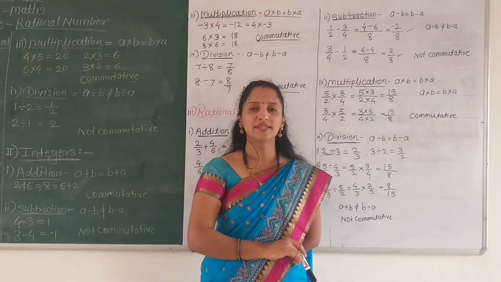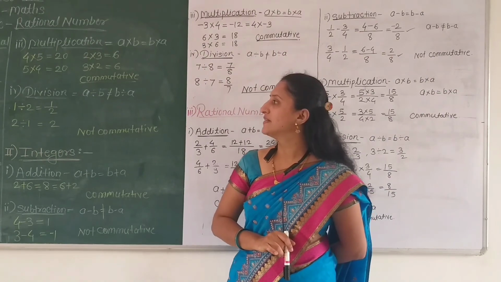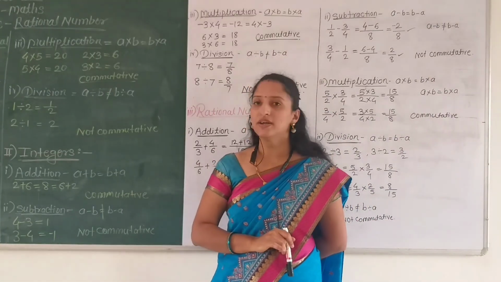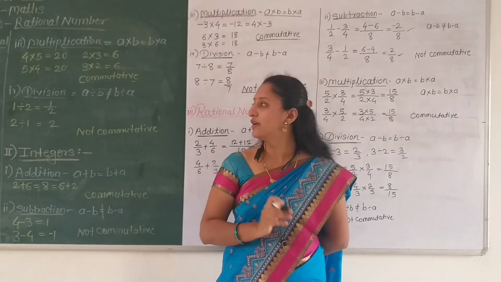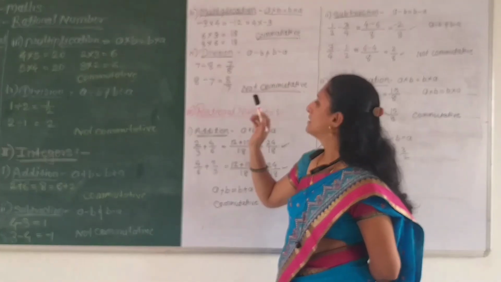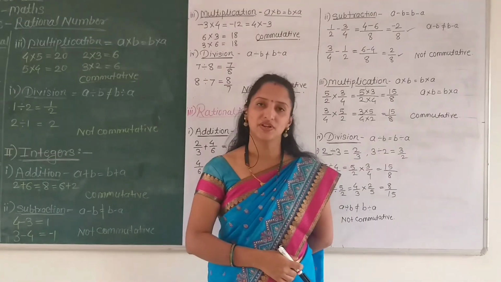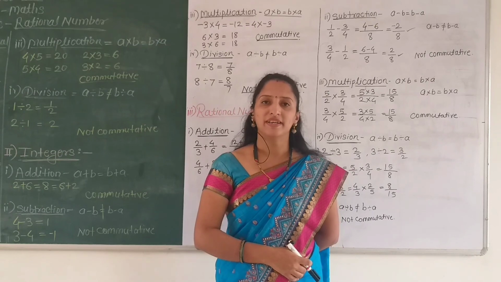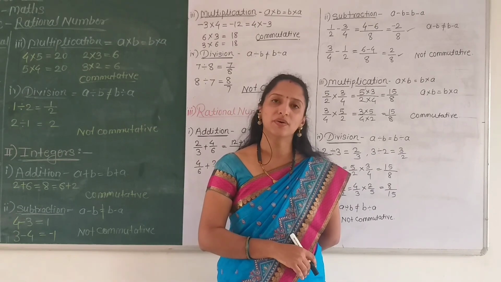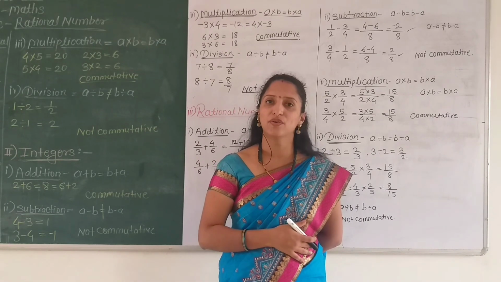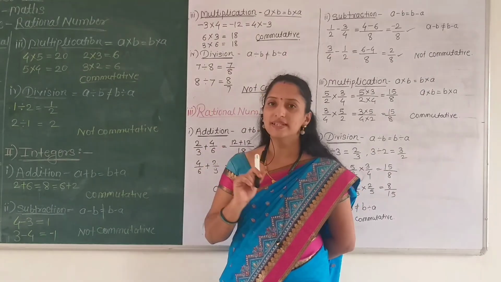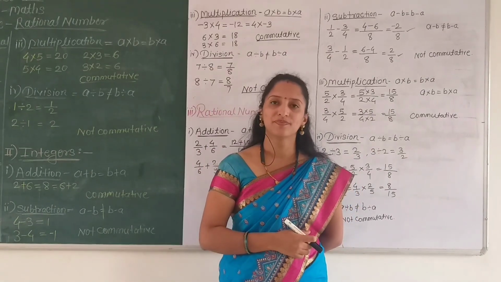So dear students, here we completed our second property of rational numbers, which is commutativity, for whole numbers, integers and rational numbers. So, my dear students, watch this video carefully, listen to this video carefully, write down all these examples in your notebook and